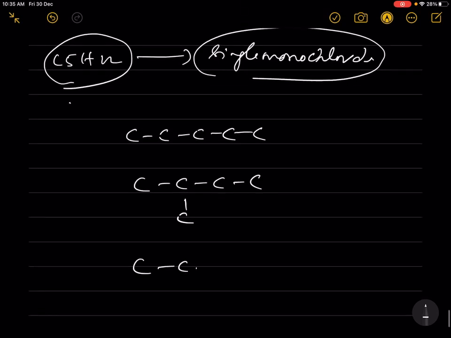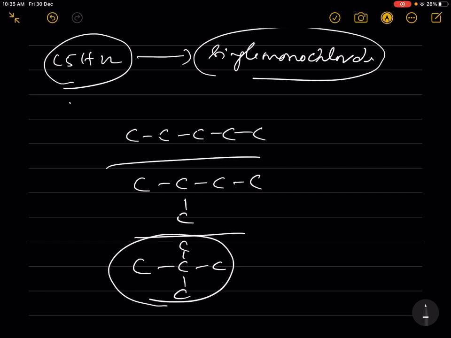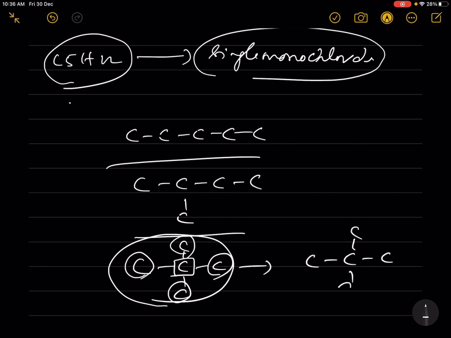This one gives single monochloride because all the carbon atoms are identical to the neocarbon. So you can get a single monochloride, but here you can get 3 types of monochlorides, 1,